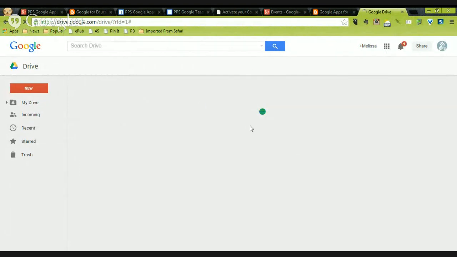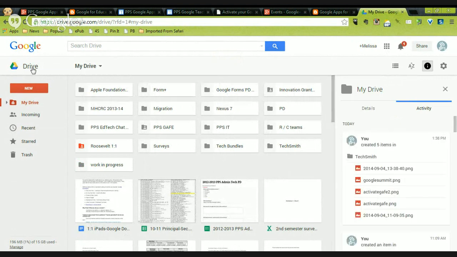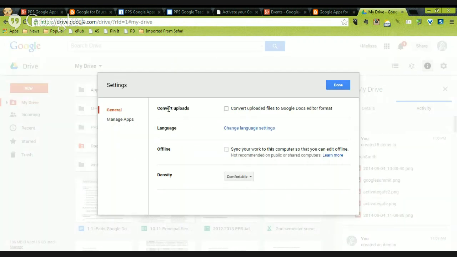Here I am in my Google Drive, and it's coming up here. Prior to doing any uploading, you can check a setting that will allow you to convert any document that you upload into Google Docs format. To do that, you go to your drive. In the top right-hand corner is your settings button, the gear icon. If you click that and then click settings again, there is this setting, the first one at the top, that says convert uploads. If you check that box, it will convert uploaded files automatically to Google Docs editor format. So that's one way to